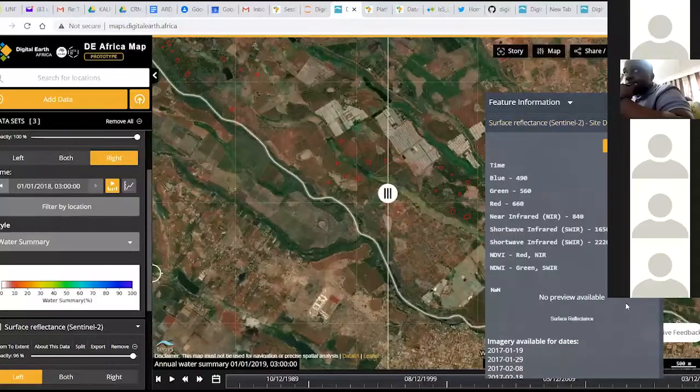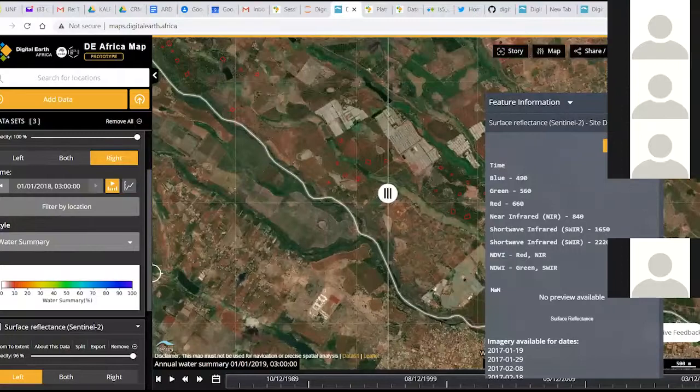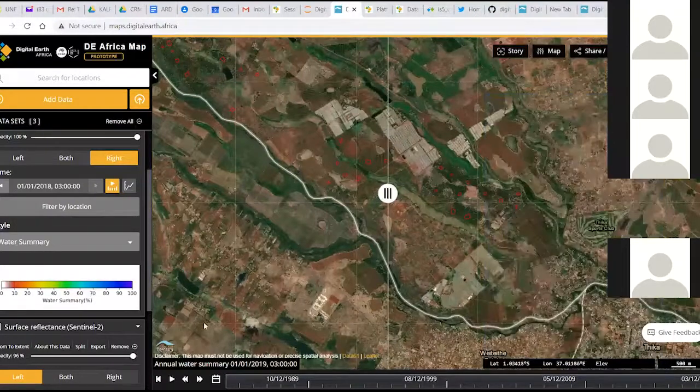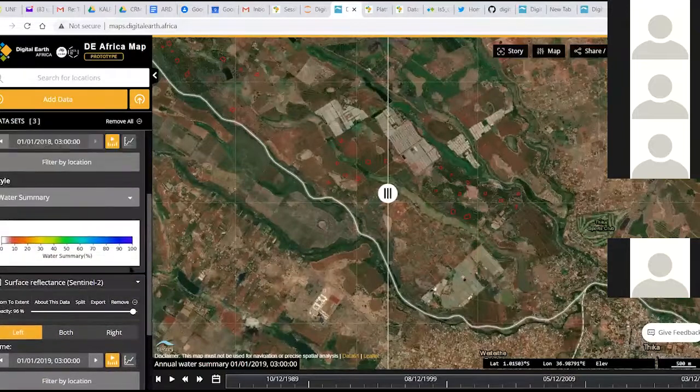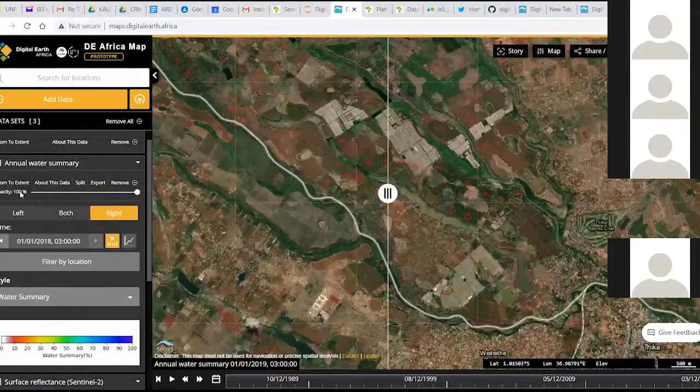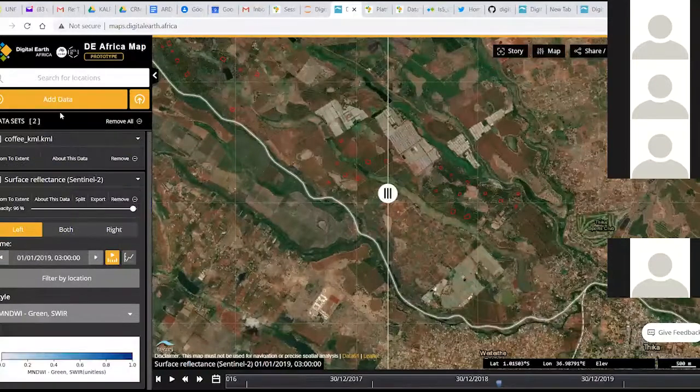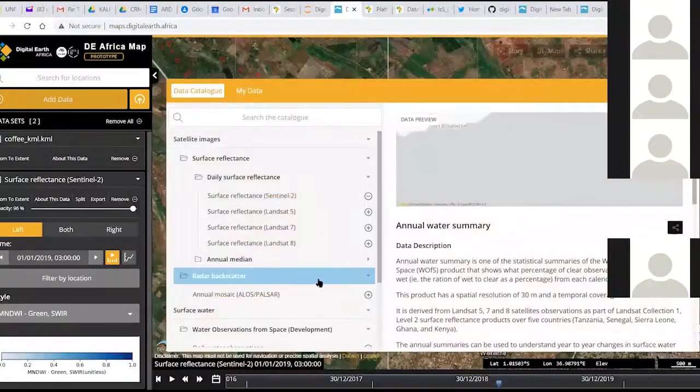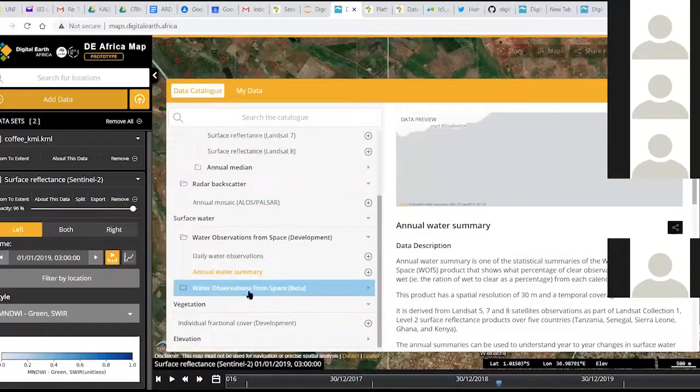Was that so, Edward? Yes, please, Ken. So Ken, you can use the beta version. Yes, the water summary, the beta version. The best part is that you can do with what you have. You can remove it here, you can add. This is the beta version, which I'm scrolling down. This was the one which is here.